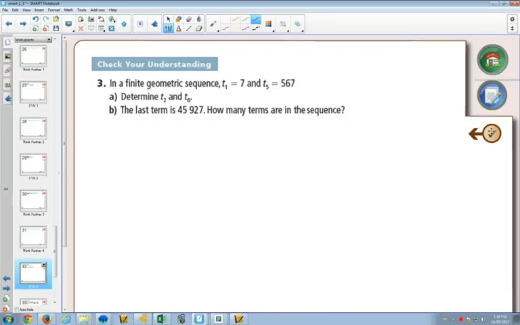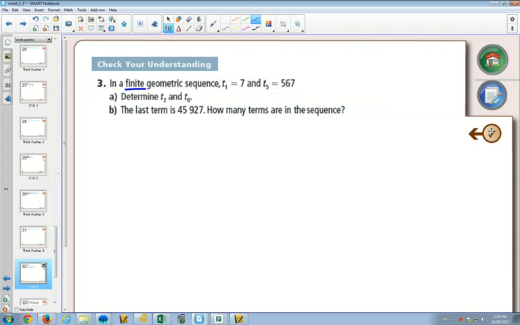So here we have a finite geometric sequence. Remember, the word finite means that it ends. It doesn't go on forever. We don't know how many terms there are, but we're told in part B that the very last term of this finite geometric sequence is